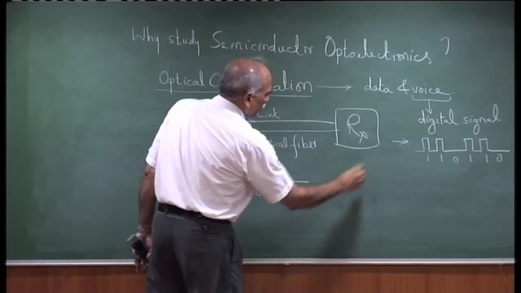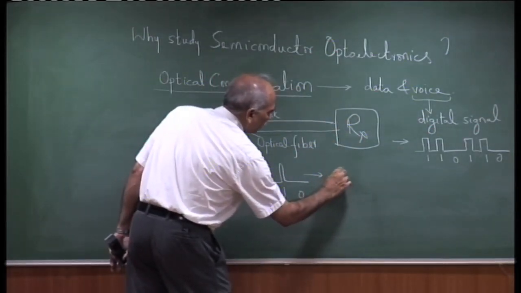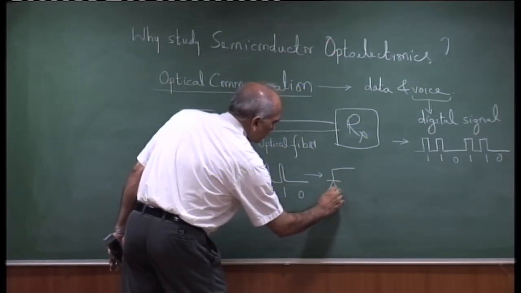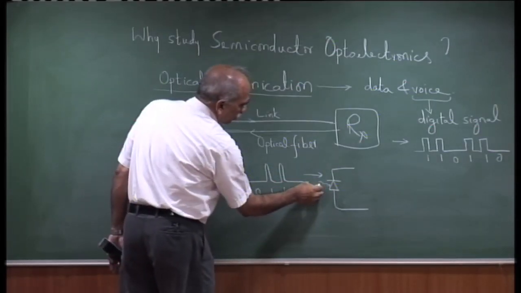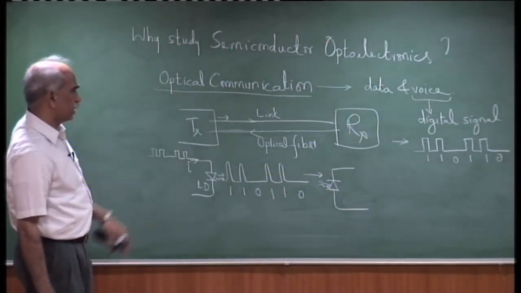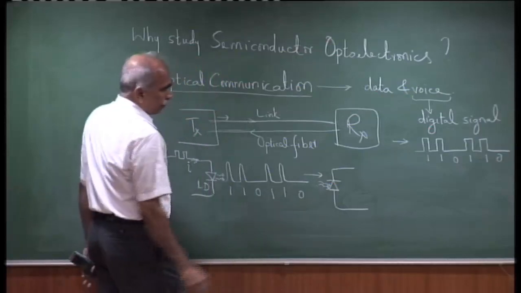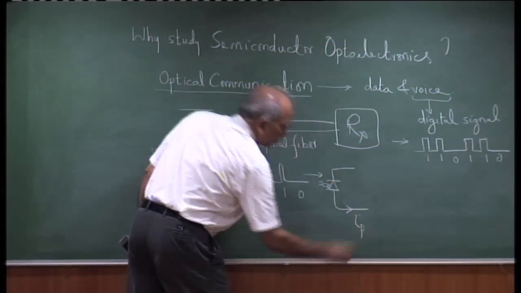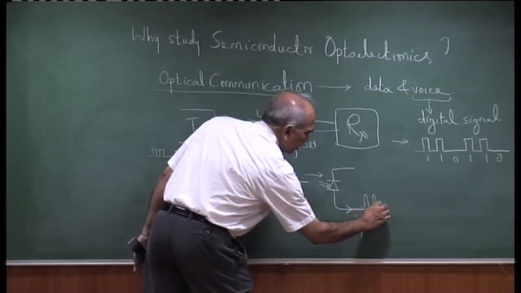Similarly, at the receiver, the incident optical signal is incident on a photodetector. There is a photodiode which generates a reverse current IP, which again corresponds to the digital signal that we have